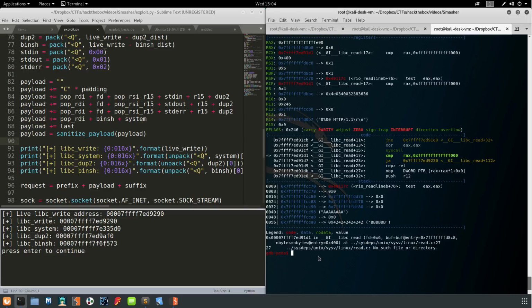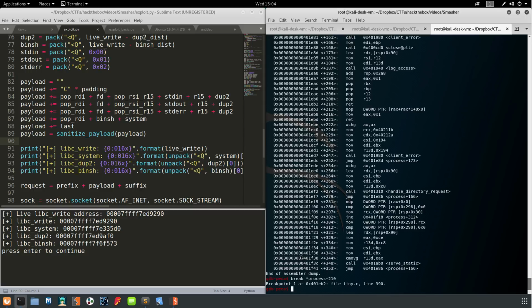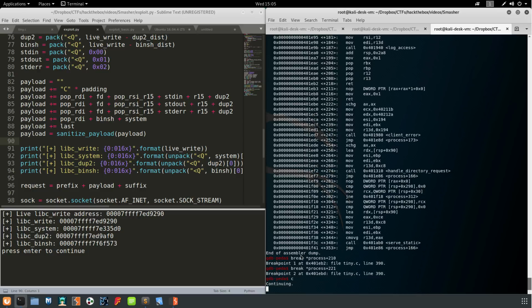We haven't actually sent our payload yet, so we should be able to disassemble process. We should be able to block on that same return, so break at process plus 210. Let's break at that second one just in case, also 221. So now we should be able to continue. Now if we hit enter in here,